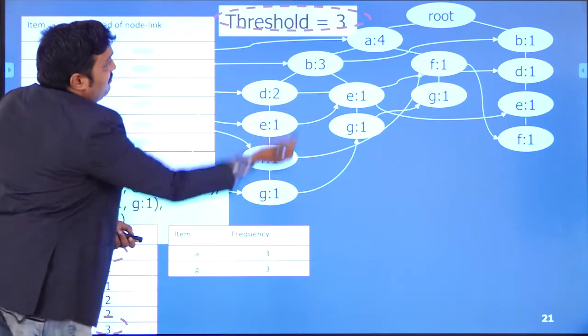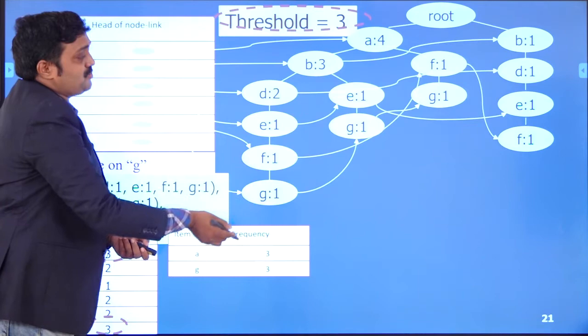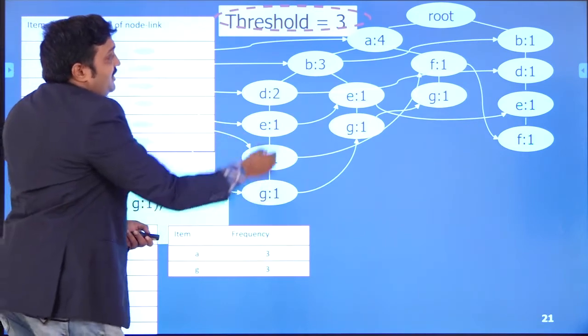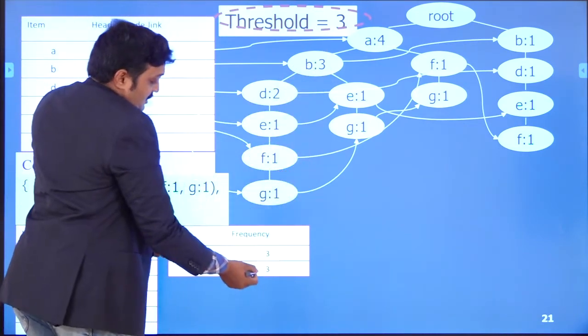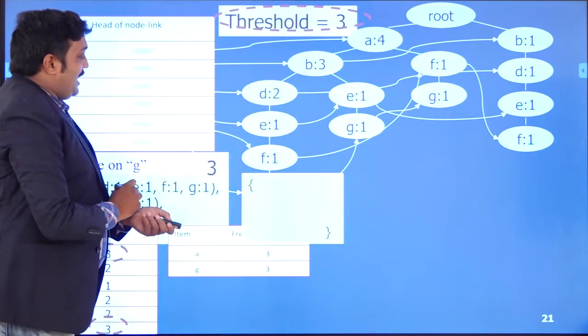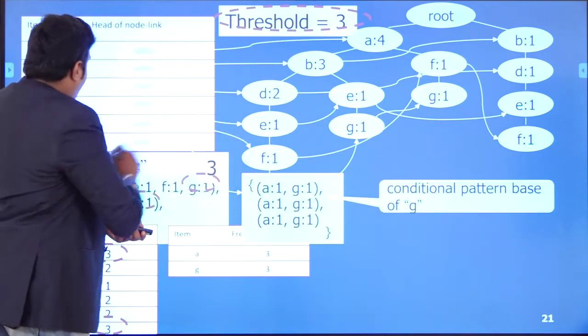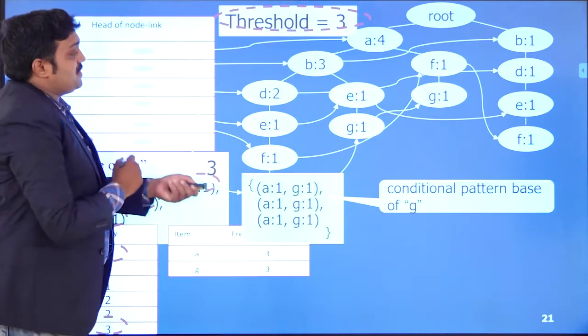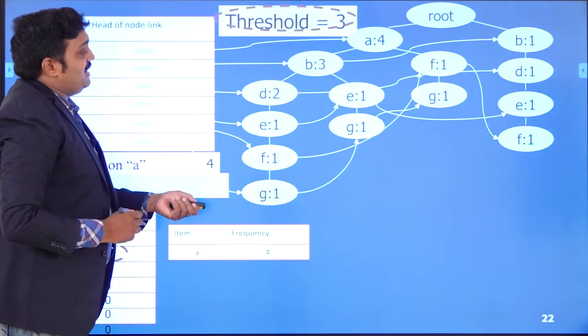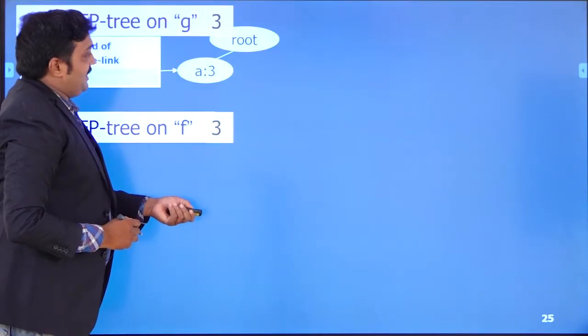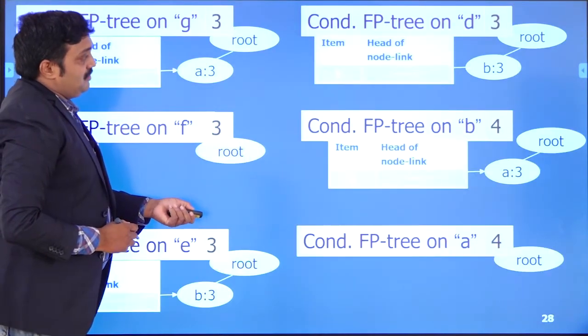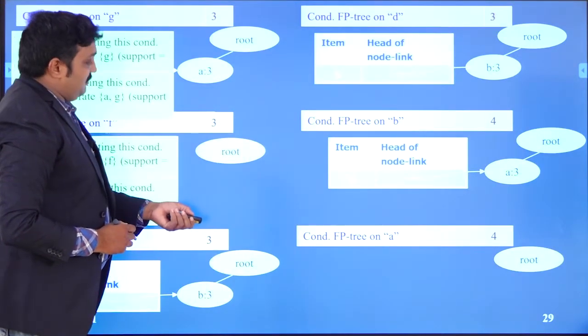So these are satisfying the minimum support. So the remaining are not supporting, we are eliminating. That means G with A, G with A only, remaining are not supporting. Like remaining conditions for all the items, G we are done, the same operation we are going to do for the remaining. Finally we got the frequent items based on the condition, all the combinations.